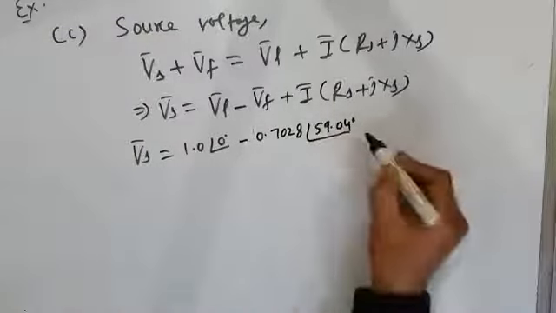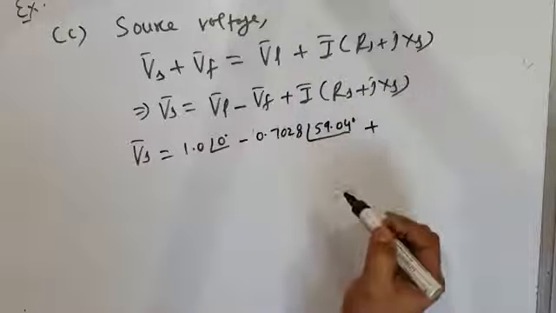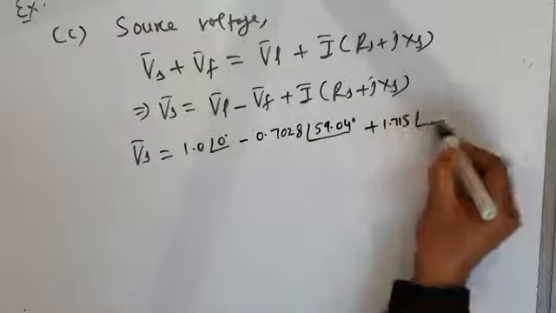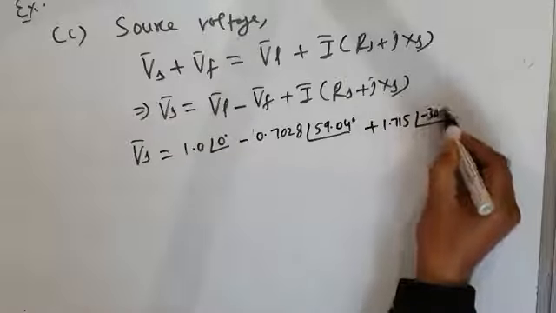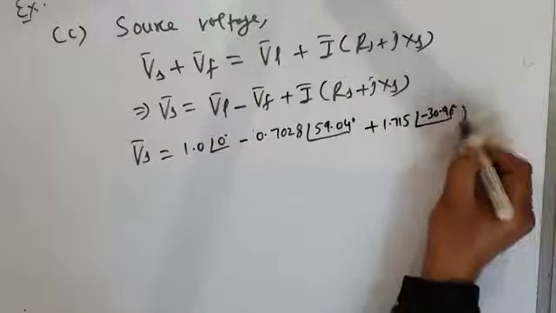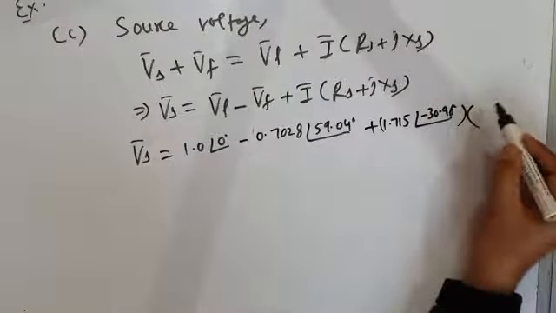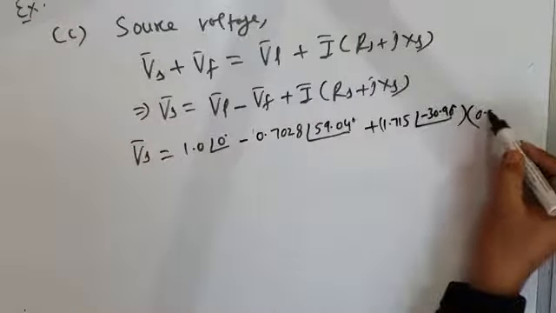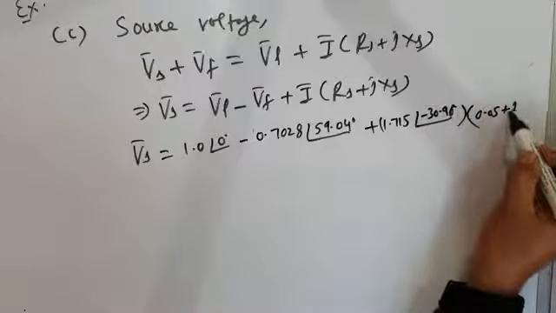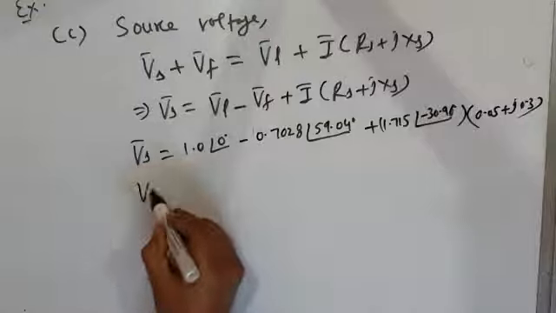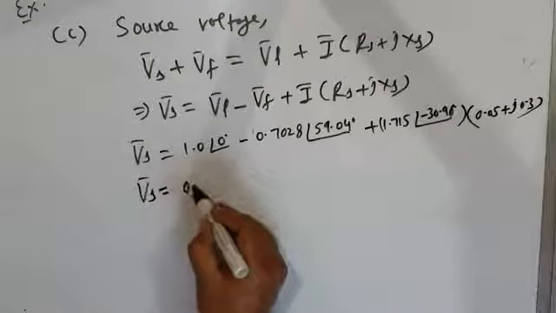Okay, plus I current कितनी है आपकी 1.715 at an angle of minus 30.96 degrees into RS है feeder resistance 0.05 plus J axis J into 0.3. ये निकाल लीजिए, यहाँ से आपको सोर्स वोल्टेज मिलेगी,